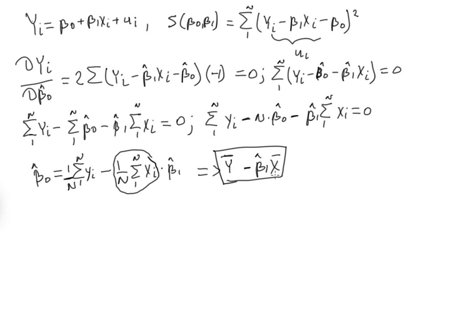Now let's take the derivative of this S function with respect to beta 1. For this I'll just clear the space so that we can have more room, because we need more space for this one. It's a bit bigger. Now I'll start from the first order derivative of S with respect